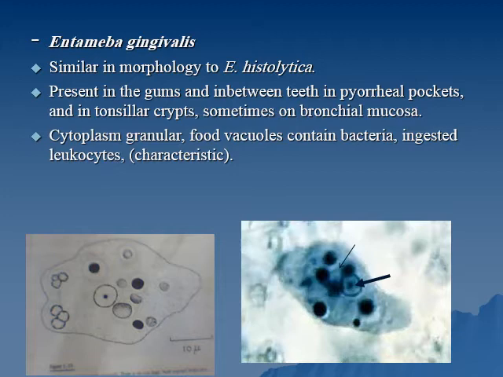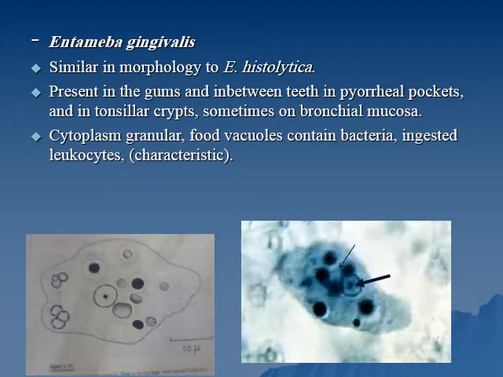is a commensal amoeba which feeds on tissue debris. So if there is pus or tissue debris, it goes there for feeding. The cytoplasm is granular. Food vacuoles contain bacteria and ingested leukocytes. The thin arrow shows that this is the nucleus of a segmented leukocyte